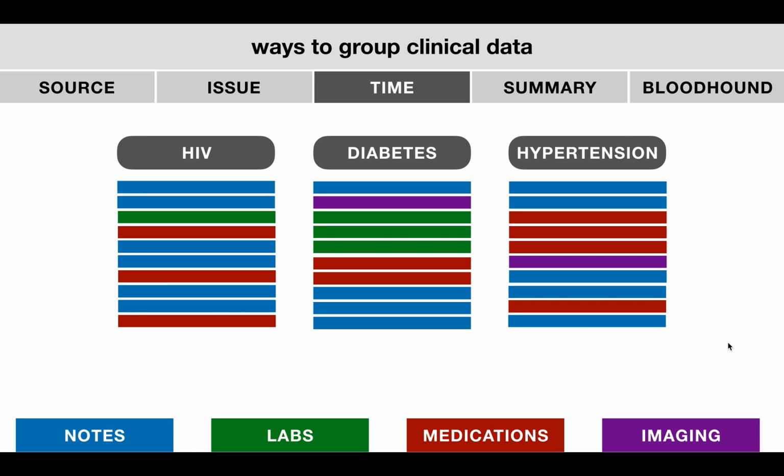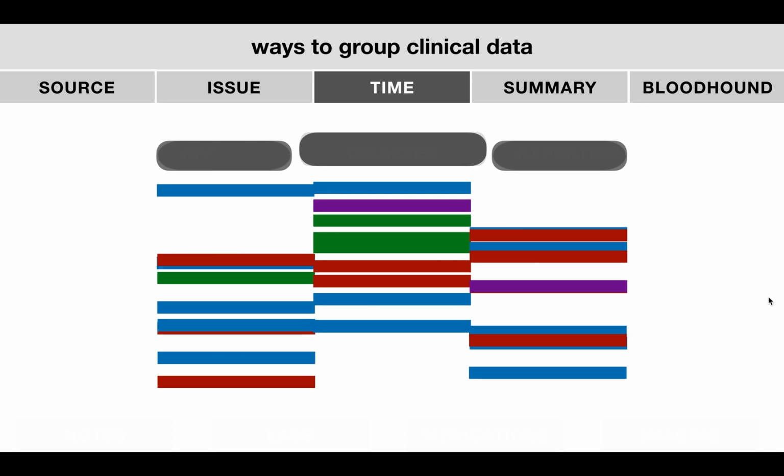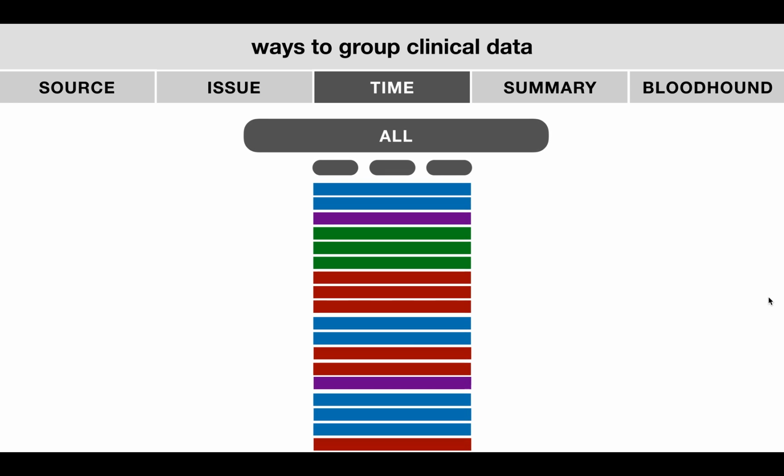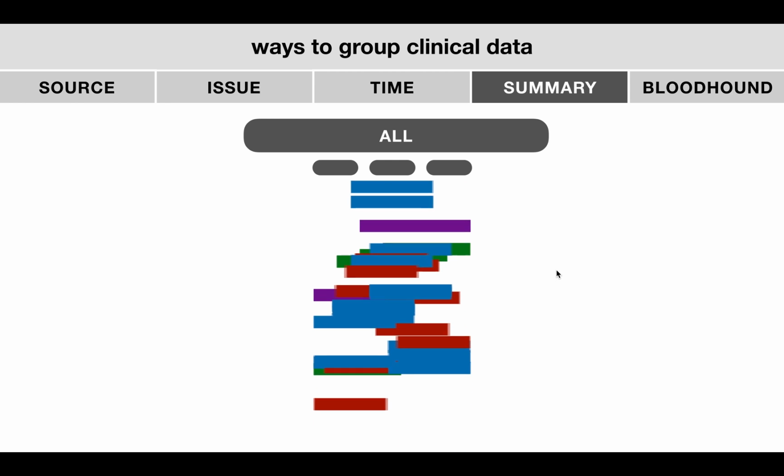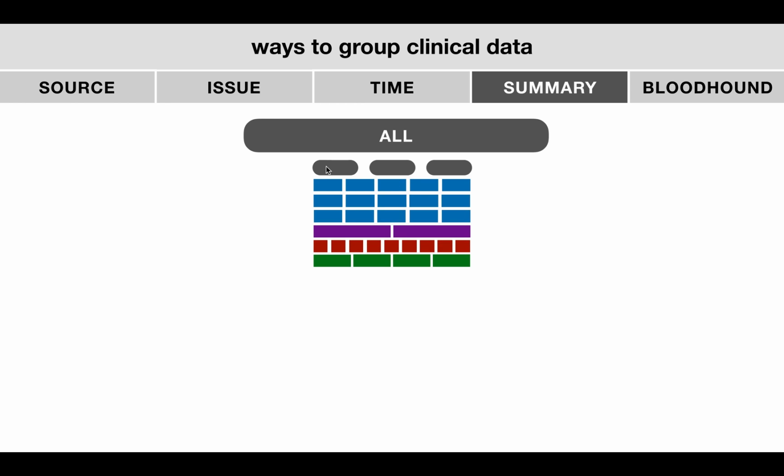understanding of the diagnostic workup. Sometimes, though, you don't want the information separated by issue or by problem. You want to integrate it all together where you see the entire patient's timeline all in one row. Now, this could be quite a lot of information, which leads us to the fourth way to group information, by summary. You may want to just see an overview of that patient's chart to know what their issues are, who the doctors that write notes are and when they've last had care. You may want to know what imaging investigations have been done, what medications they're on, and what labs have most recently been done. So a summary view is essential to any medical record in order to properly convey information in